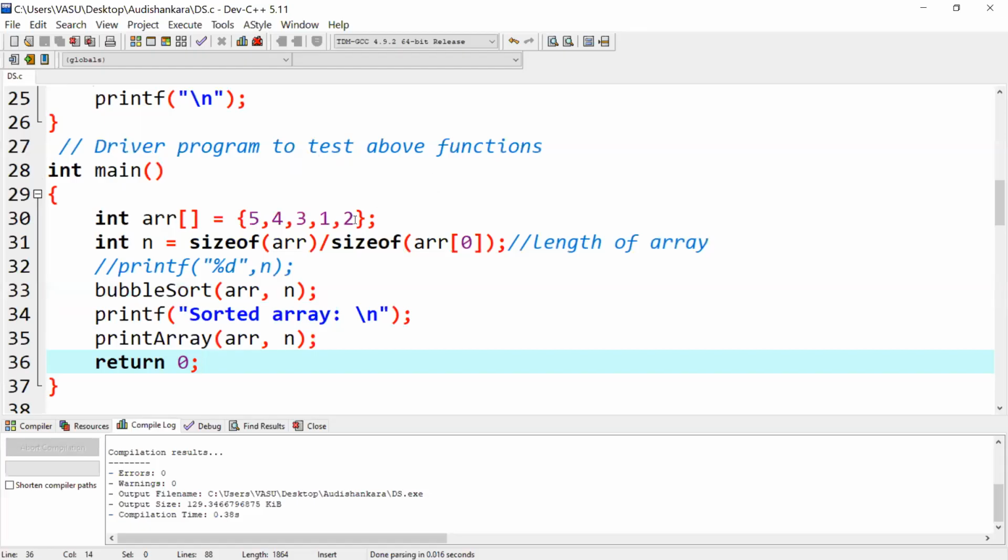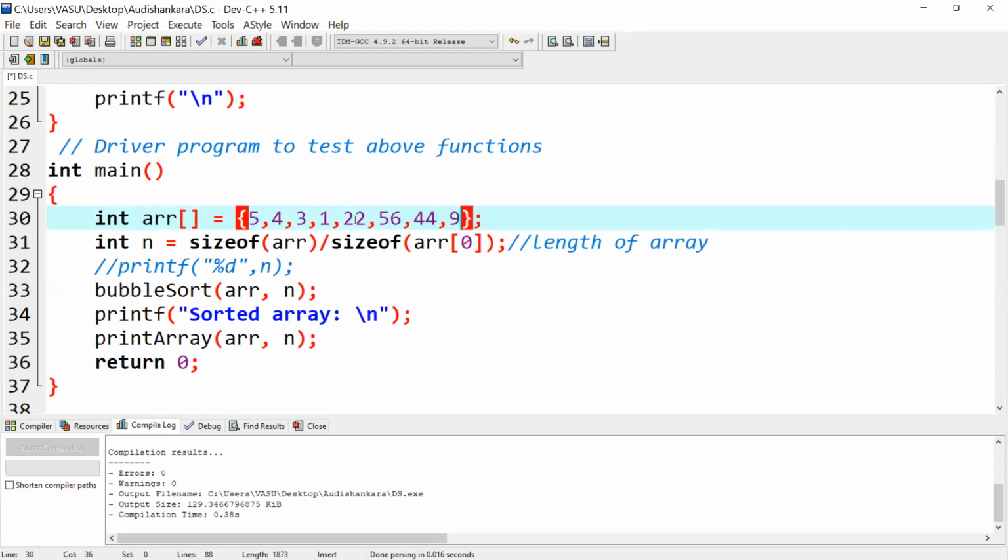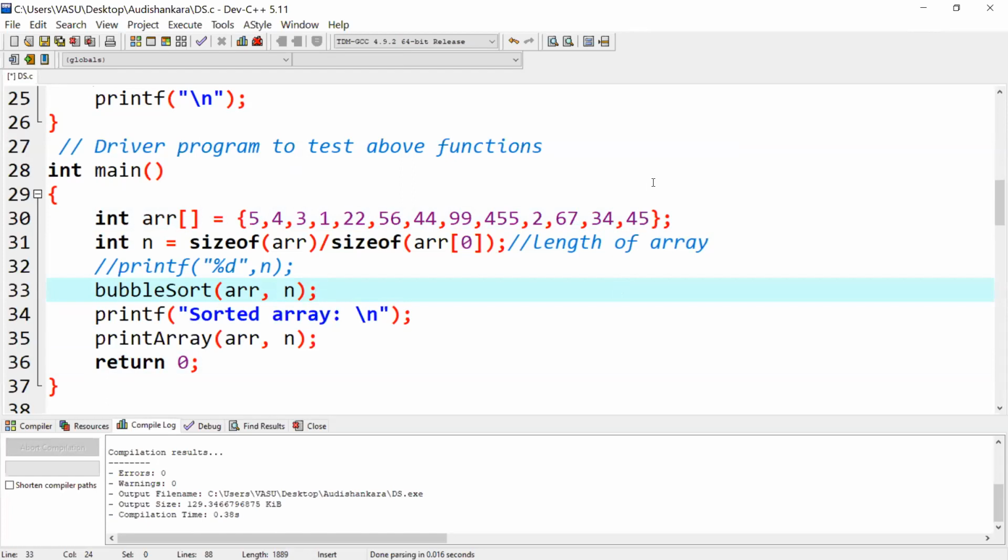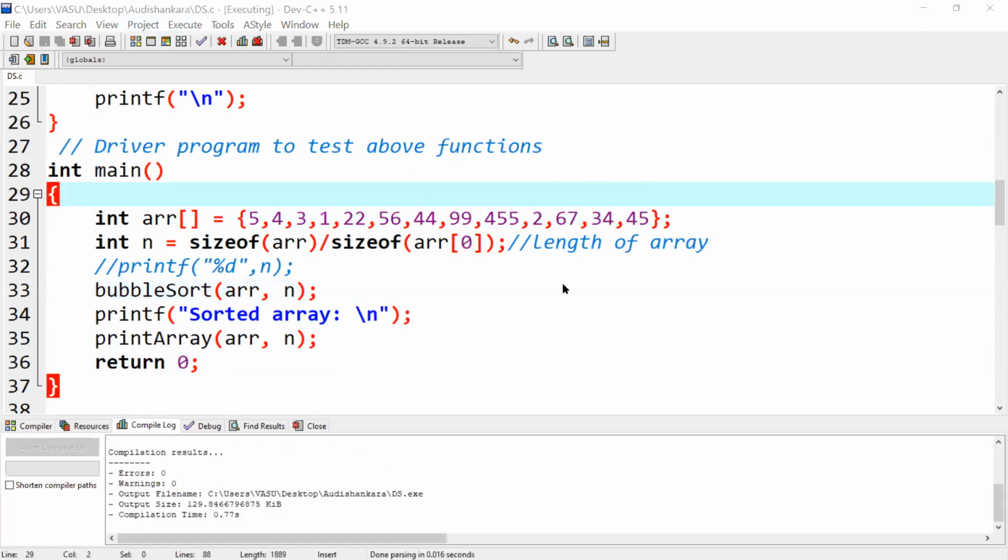If I increase the length, see over here, if I write 44, 99, 345, I'm taking combinations over here, 2. Now what is the length of this array? The length of this array is too much, no? For this also the same code will work fine.